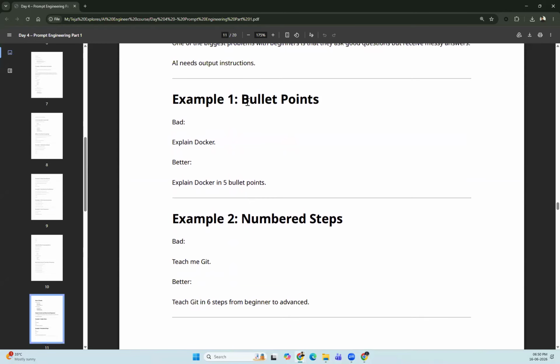Now, what are the different things that we commonly use in the prompts? These are not types of prompts, and this is not a feature also. These are the commonly used things inside the prompt so that the output will be much better. These are more of best practices, think like that. So "Explain Docker" is not a great prompt. "Explain Docker in 5 bullet points"